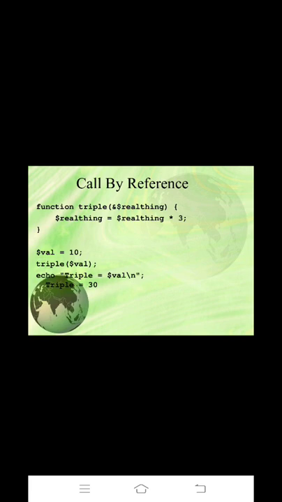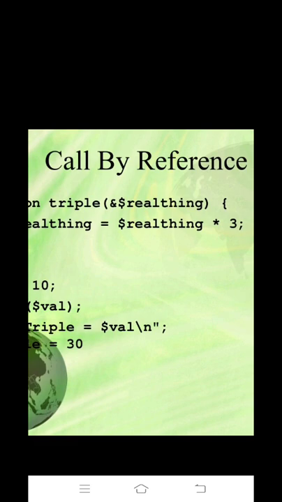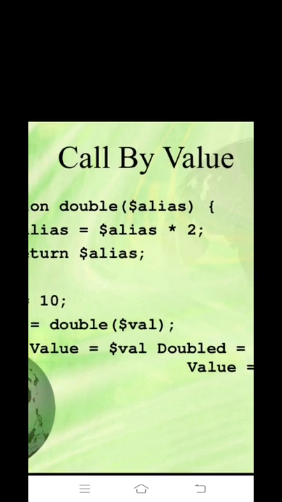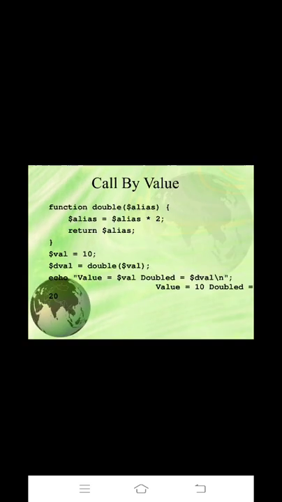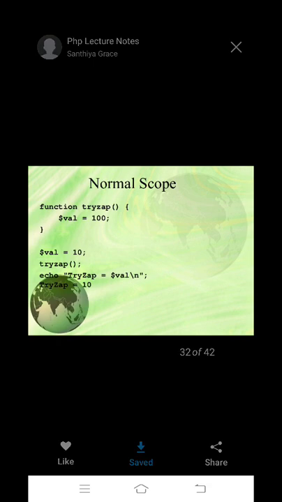So suppose in this call by reference program you remove the ampersand at triple. See here, I am zooming in on this: triple ampersand address. If you delete it, then this is the example of call by value. Same thing, here $alice is there. Now suppose you write an ampersand before the dollar sign, then that concept is called call by reference, right? So that is call by value, and this second one is call by reference. So these two are the ways to call a function in PHP, right?